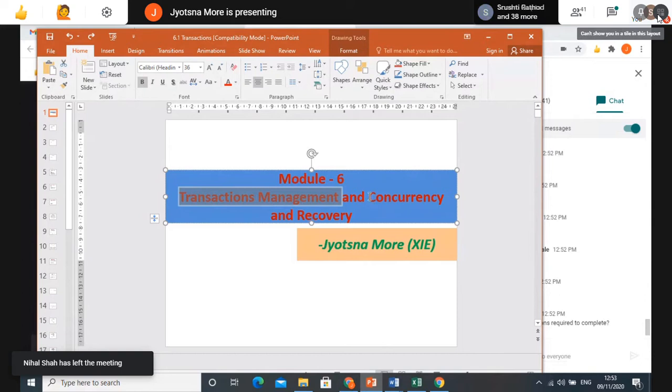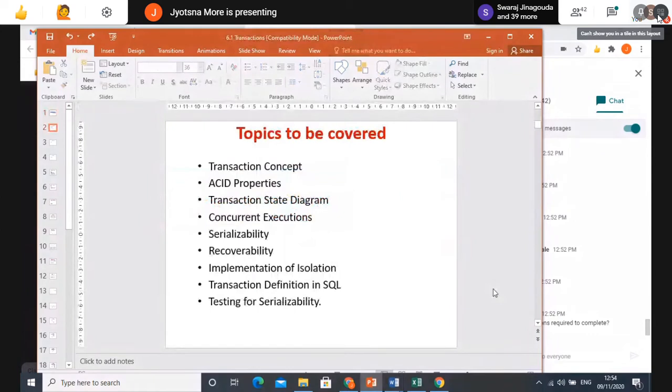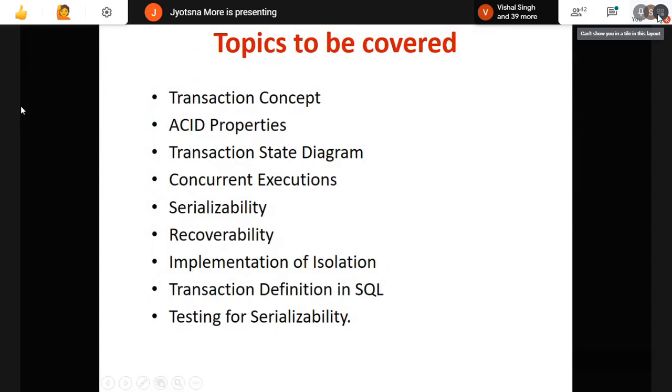Second part we will go for concurrency control. I will create separate PPTs for the three different parts of the chapter. Third one, we will go for the recovery system or recovery management. Fine. So today we'll begin with the transaction part. In this transaction part, these are the points which we are going to see. We'll see what is a transaction, then we'll learn the ACID properties.